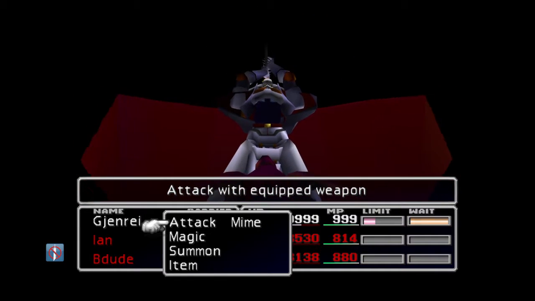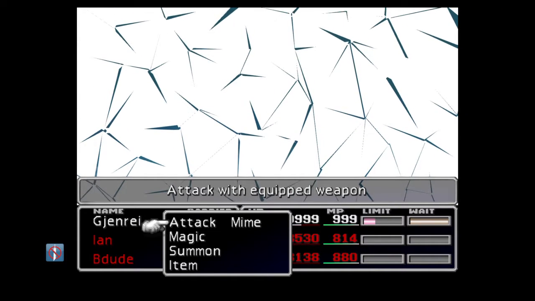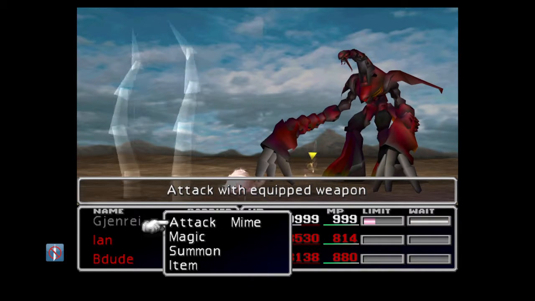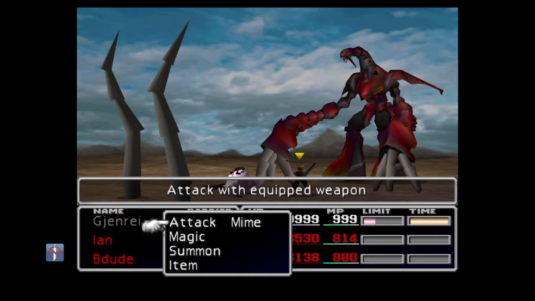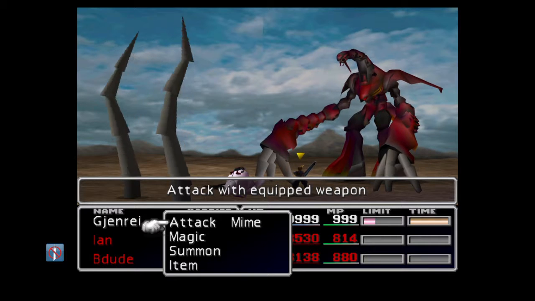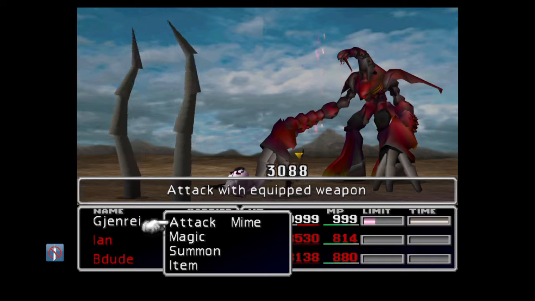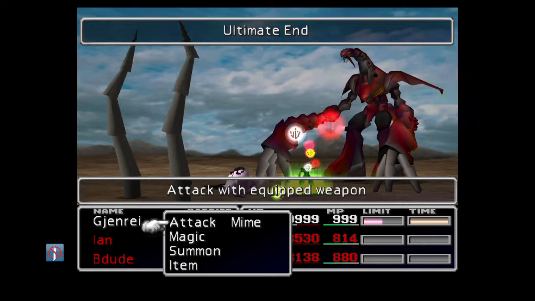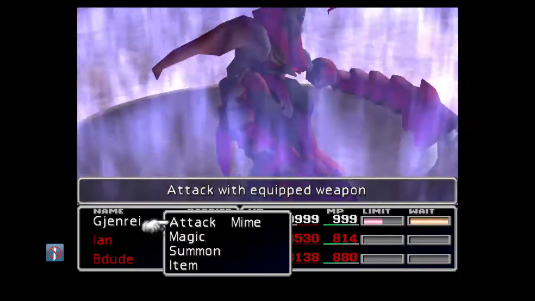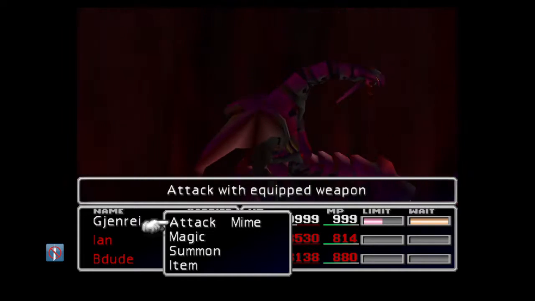The problem with Ruby Weapon is that he has an absurd defense and an absurd magic defense. The reason why Knights of the Round works so well is because it ignores defense. Other things that ignore defense are Pandora's Box, and there's something else there, and Bahamut. All of the Bahamut summons ignore defense. Which I suppose you could do this same strategy with Bahamut Zero if you didn't want to wait for Knights of the Round, but Knights of the Round just does too many hits to...